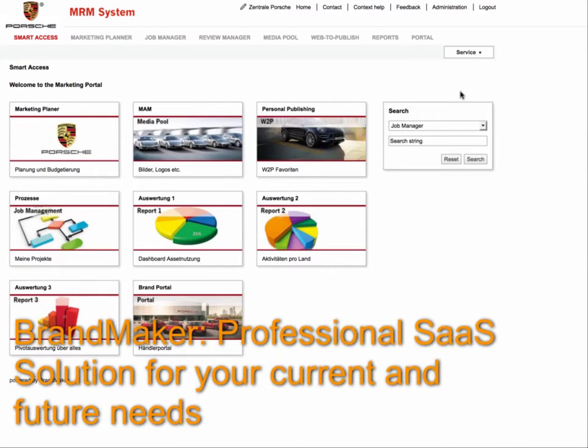To sum it up, I showed you what you can do with BrandMaker within this Porsche demo scenario. Of course, the possibilities of BrandMaker are much wider than that. There's even more modules than the ones you see here. The system can grow with you, and it's professional software as a service, available globally, multi-language, professional content, professional infrastructure, and this covers all the needs that you have at the moment and the ones that you probably will have